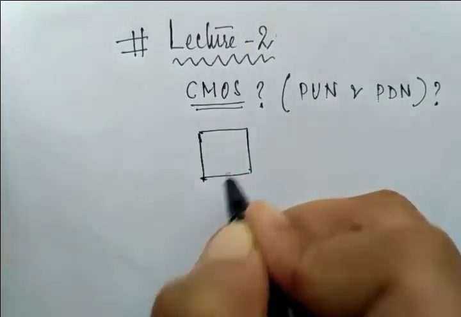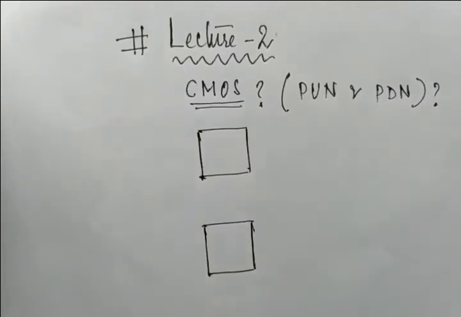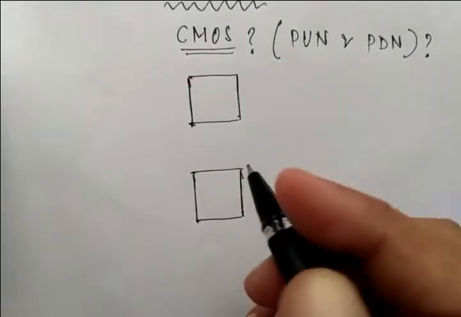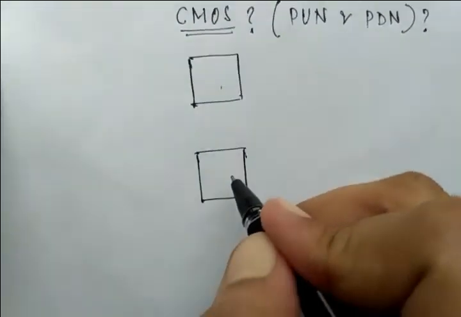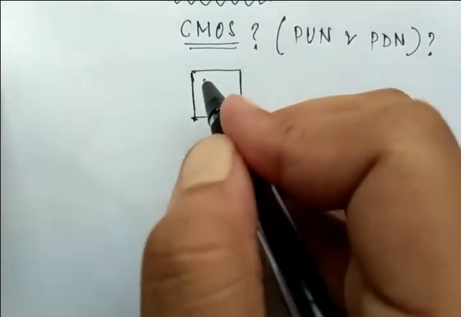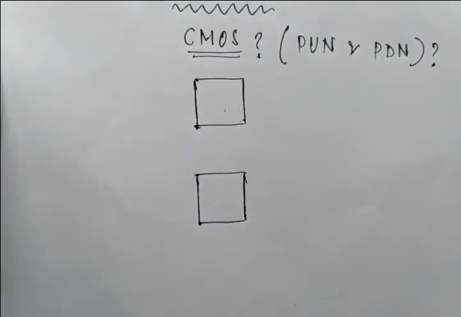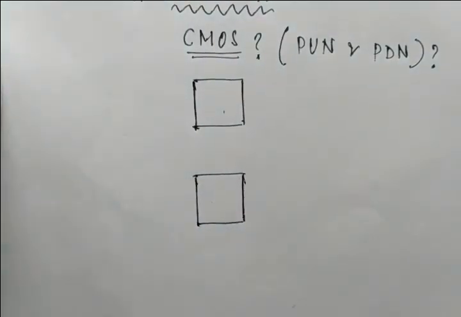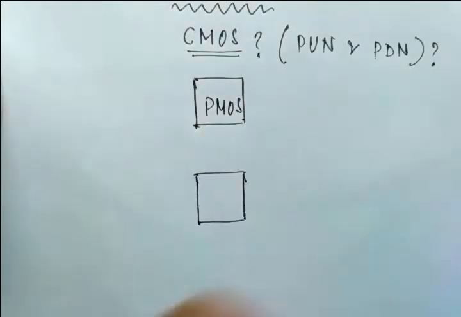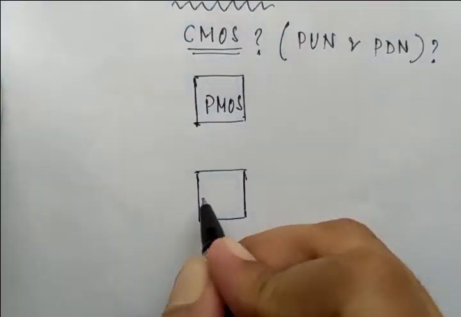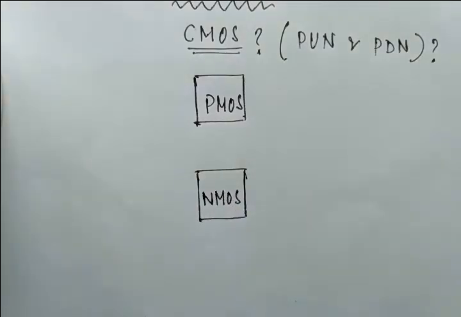Okay, so this is a block. This is again a block. Why I am using these blocks will be cleared after this lecture. I am showing the upper block and this is the lower block, right? And here I am writing this upper block, and this is a CMOS, the block diagram in terms of CMOS, right? So the upper block will be designed by using what? Yes, PMOS. So again I am writing over here PMOS. And this lower network, by which component will it be designed? Yes, this is NMOS. Clear?